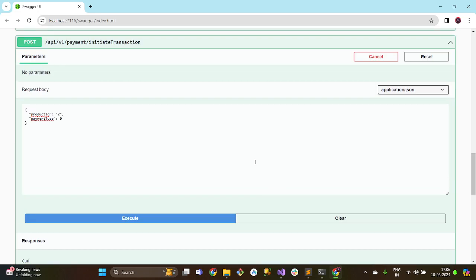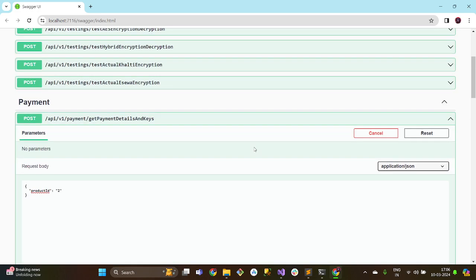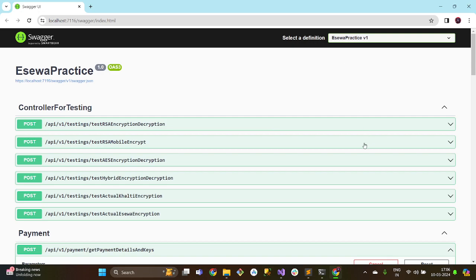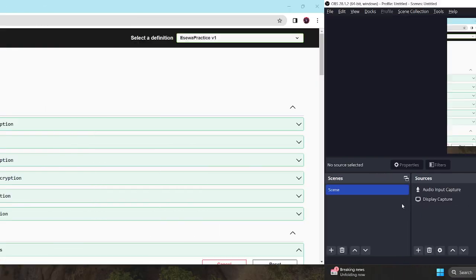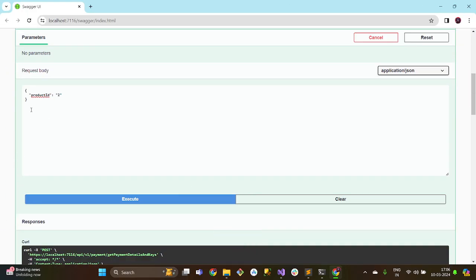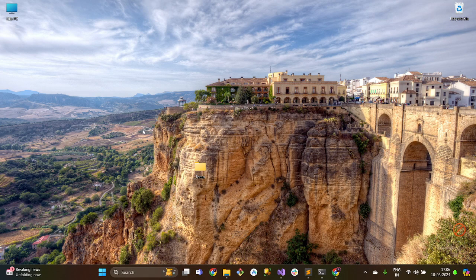So these are all of the things we have done on the backend side. So that's all from backend. Let's begin the Flutter integration. Hello guys, so we are about to begin Flutter integration. Before, let's save these files